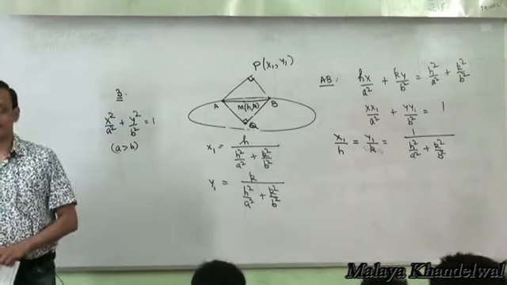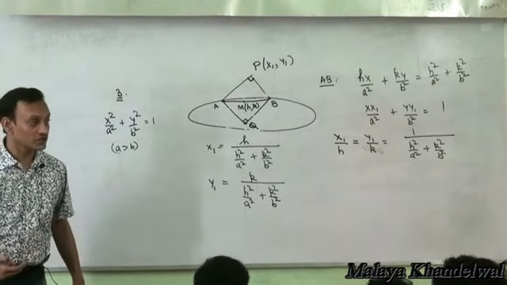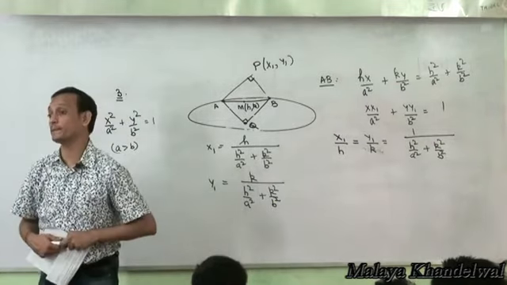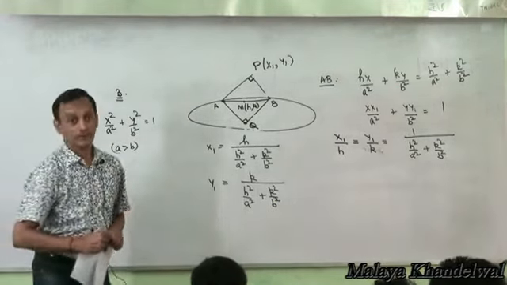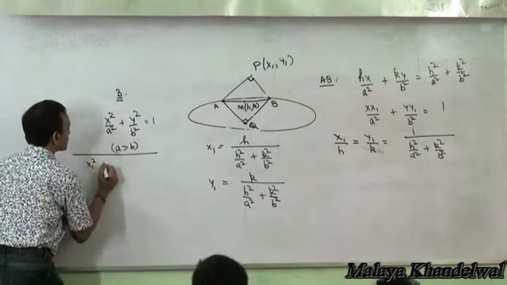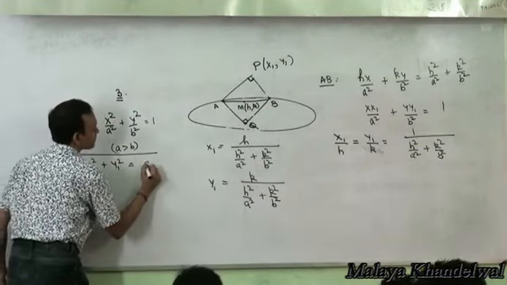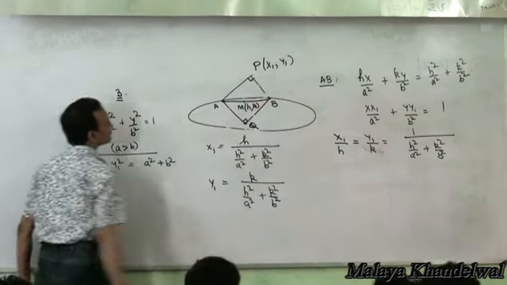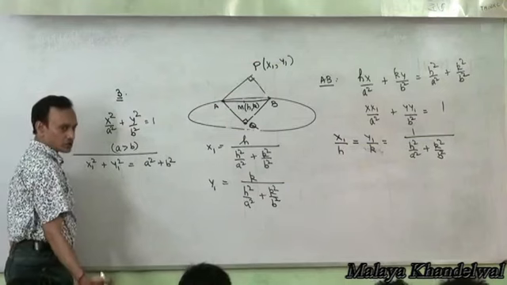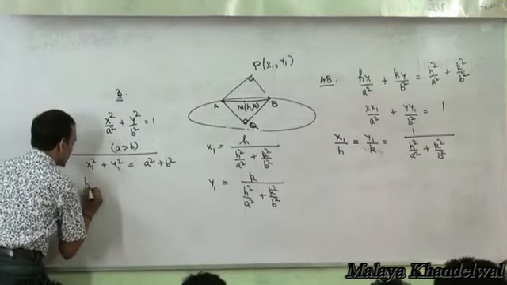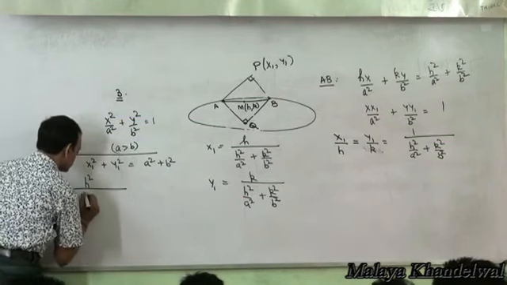x1, y1 is a point on the director circle. So x1 squared plus y1 squared would be a squared plus b squared, right? So to eliminate x1, y1, we say x1 squared plus y1 squared is a squared plus b squared. Why is it a point on the director circle? Because the two tangents drawn from P are perpendicular to each other, right? So x1 squared plus y1 squared is this, which is like h squared by